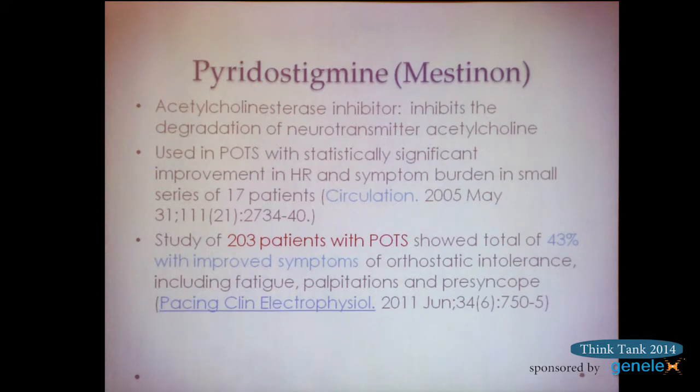I would say that this drug is something I use second or third line. I think that I do not have a 43% symptom improvement rate. I have more of a 25 to 30% symptom improvement rate. Some of the patients can't take this because it does cause GI distress. So a lot of people get diarrhea, upset stomach, cramping, that kind of thing. That can help some patients who are constipated at baseline, but sometimes this is something that restricts the use of this.